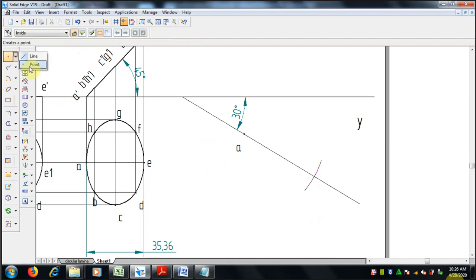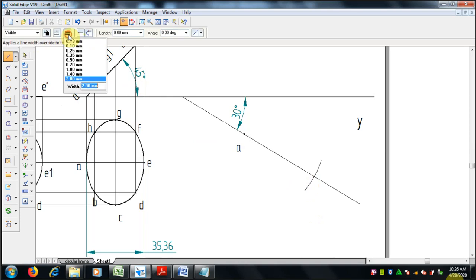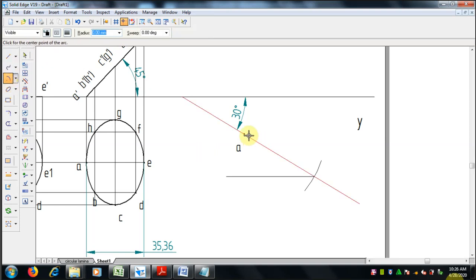Now from the intersection we have to draw a line, and we can mention it as the locus of E. Now in the locus of E we have to make that arc, what is given is AE1.